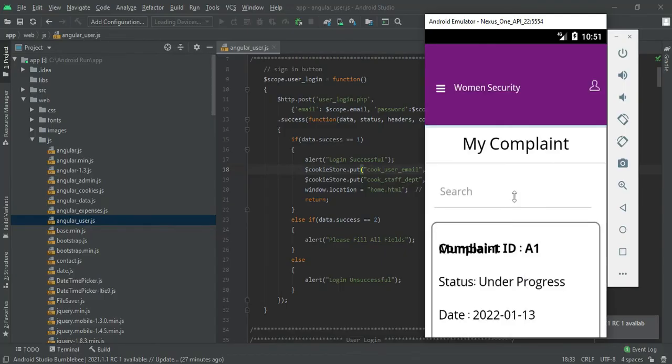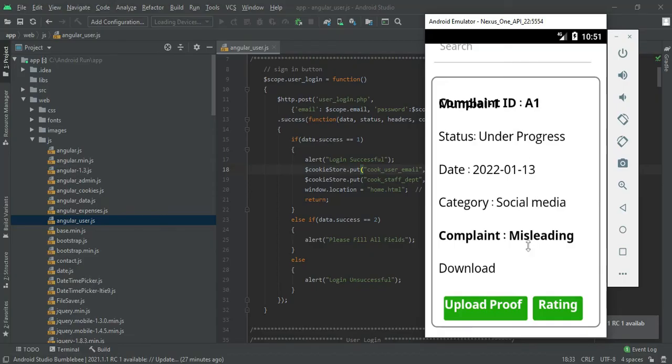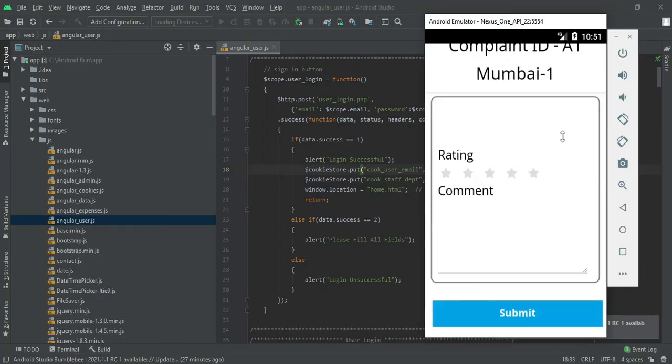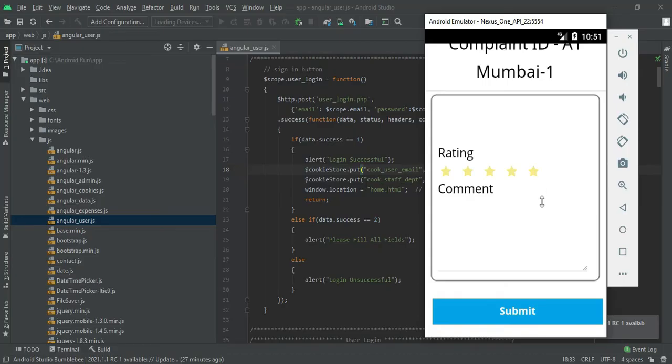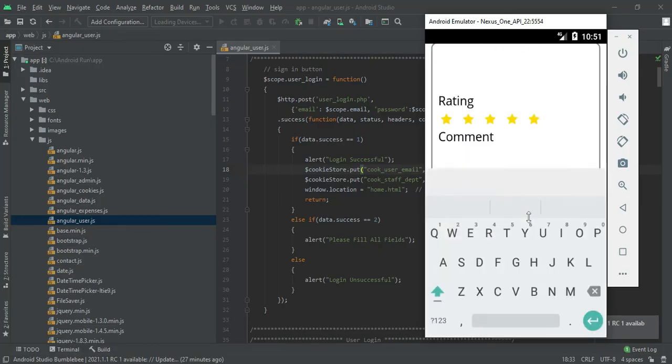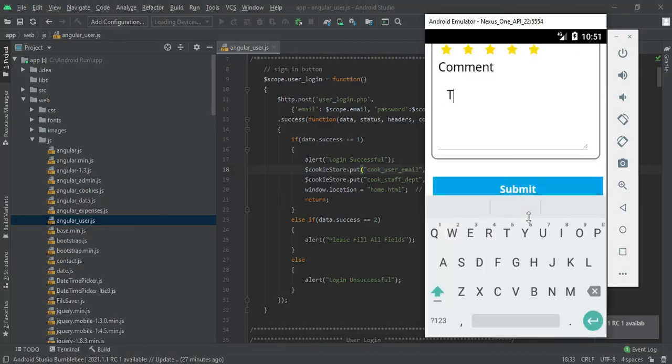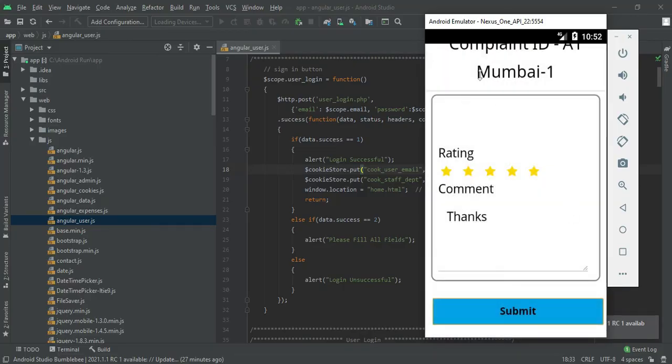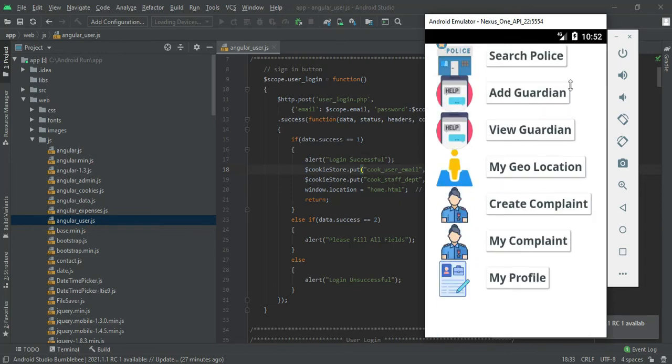So you can upload the proof, and they will update the status to completed. You can provide a rating or feedback for the complaint: choose the star rating and click on comment. So that's all for the user module.